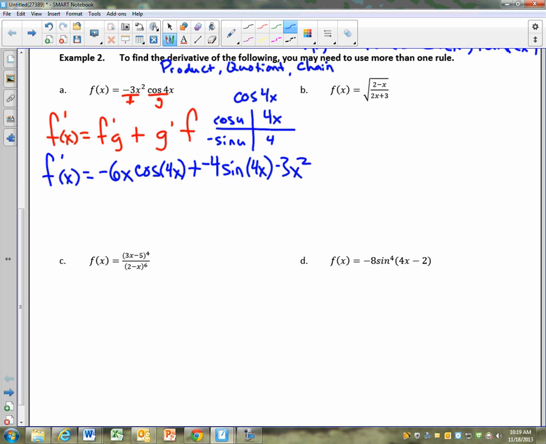Okay, so if you write this in simplified form, you would have f prime of x is equal to negative 6x cosine of